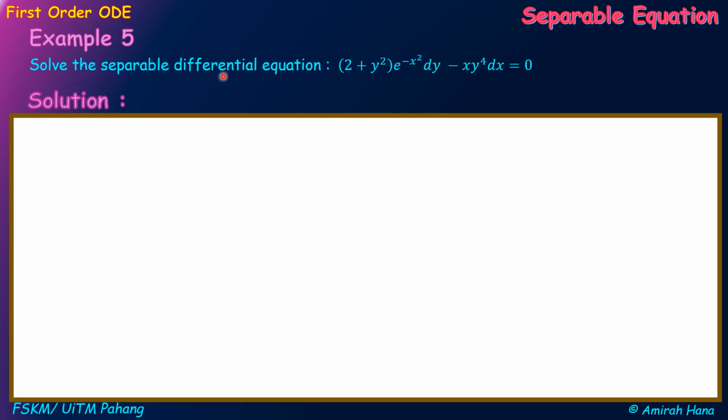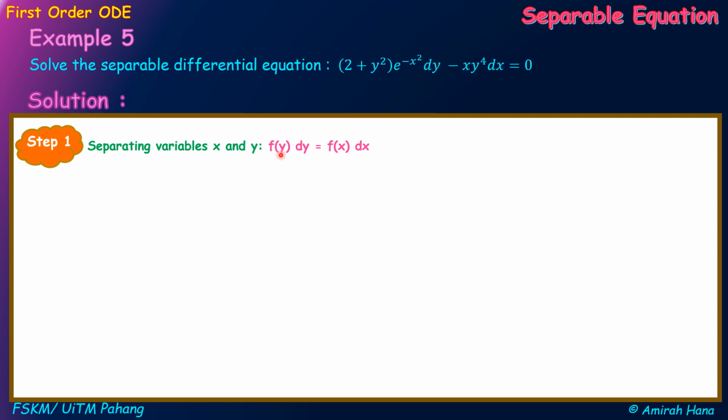Solve the separable differential equation (2 plus y squared) e to the power of negative x squared dy minus xy to the power of 4 dx equals 0. This is a first order ODE because we have dy/dx here, which means first derivative. And when we want to solve a separable equation under first order ODE, the first step is separating variables